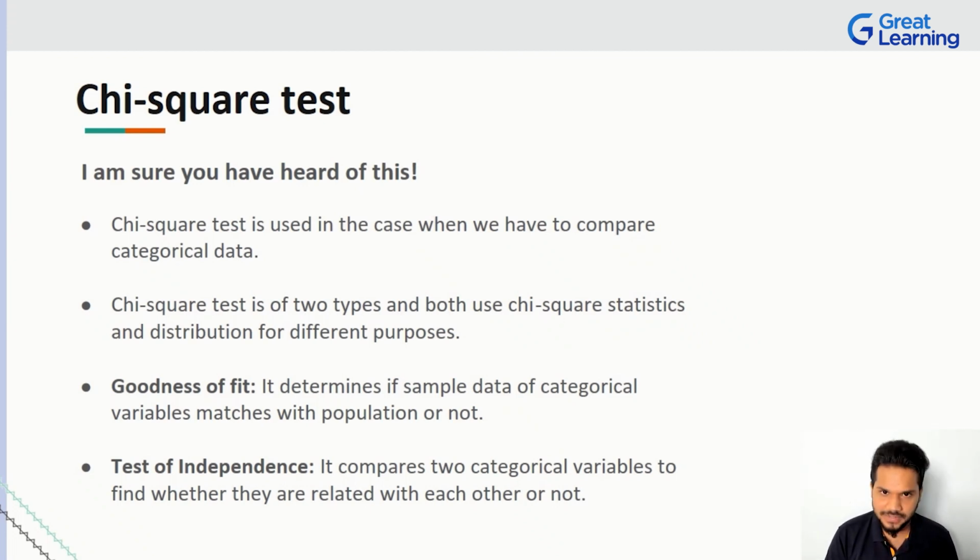So let's talk about goodness of fit for a second. Goodness of fit is basically us trying to figure out if the sample data that we have, the categorical data that we have, will match the entire population, right? Now, you remember, we take an entire population, we consider a small sample set out of it. But if you have a data point and you want to see if it fits into an entire population, it's the reverse process. Here you have to see if it fits correctly or not.